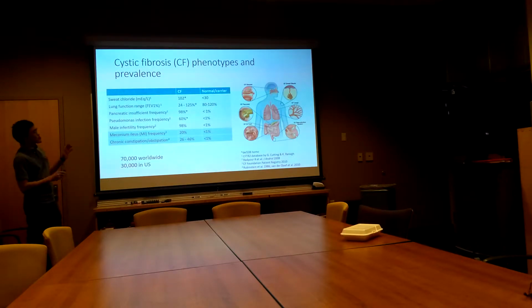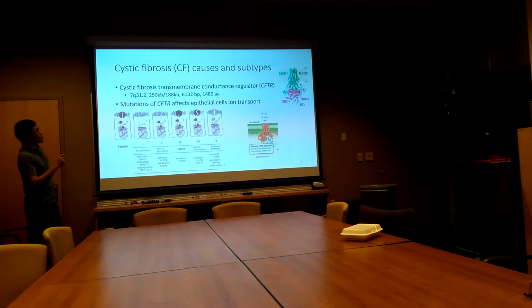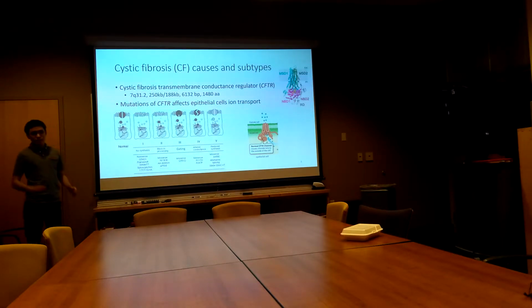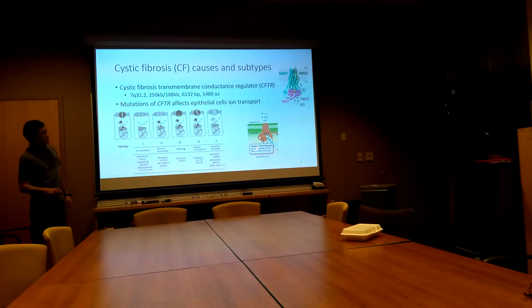There is something wrong with patients' epithelial cells. One of the major reasons for that is the cystic fibrosis transmembrane conductance regulator, CFTR. It's a rather large protein. It's an ABC class transporter protein that regulates chloride ion transportation across the membrane. As you can see here, these are the chloride ions that are transported across by CFTR, and mutations in the